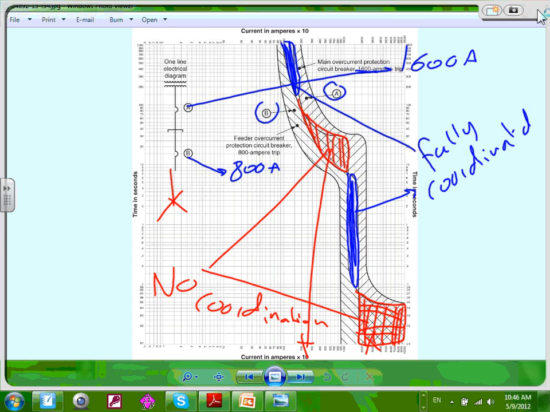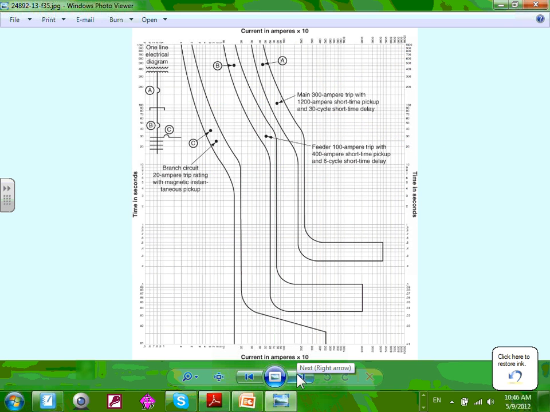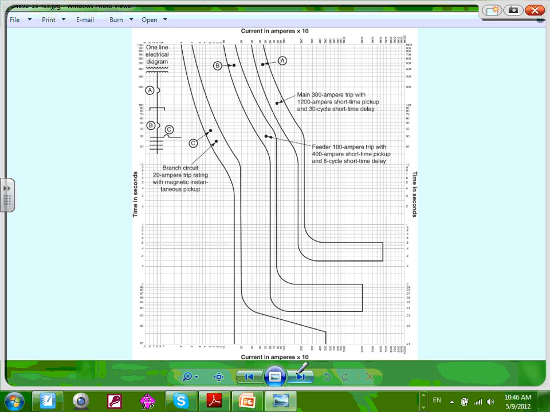Let's go to a fully coordinated system here in a second. Take this. This is what you want to see, guys. When you do coordination with Chad, that's exactly what you're going to see, what you would love to see. Can I get you guys to understand that this is,